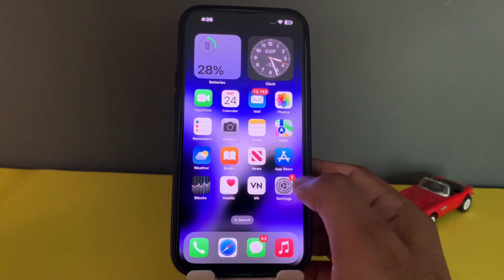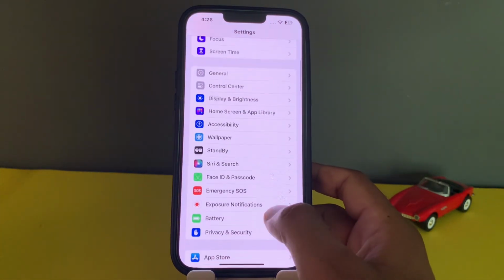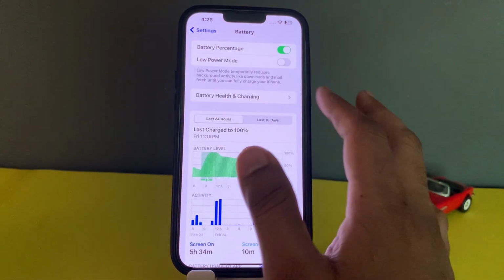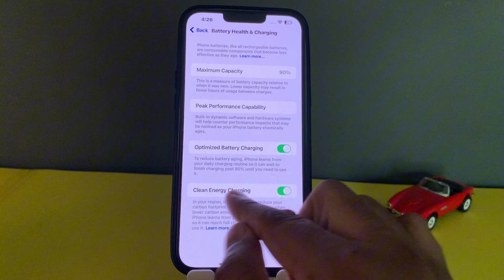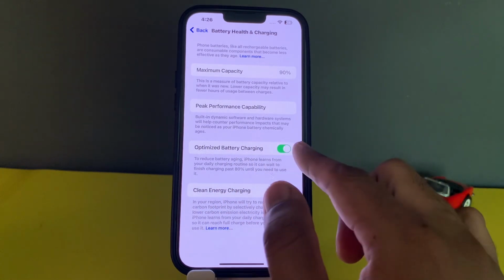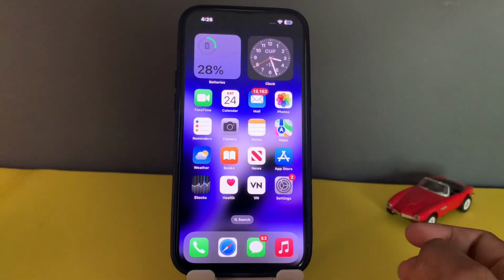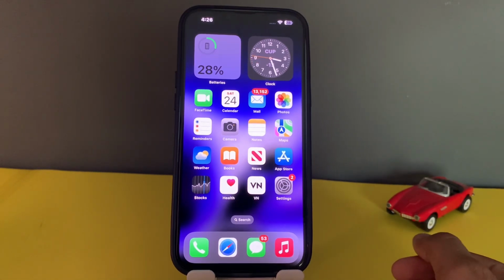The next solution is also to open iPhone Settings. In the Settings section you need to scroll down and tap on Battery, okay. You can see Battery Charging appears on screen. Just tap on Battery Charging and you can see two options showing here, Clean Energy Charging and Optimized Battery Charging. Just turn on both of those options, okay. If that method is also not working and you're still facing that kind of issue on your iPhone, then move